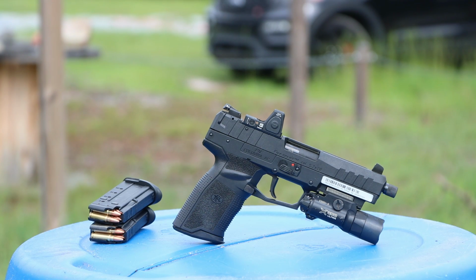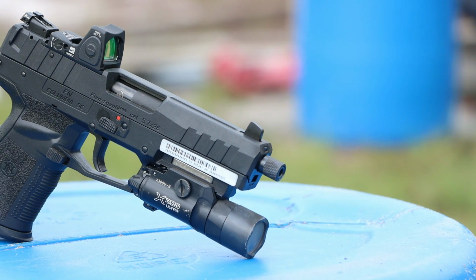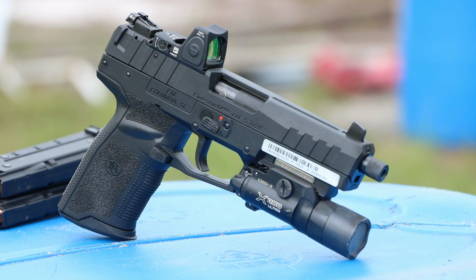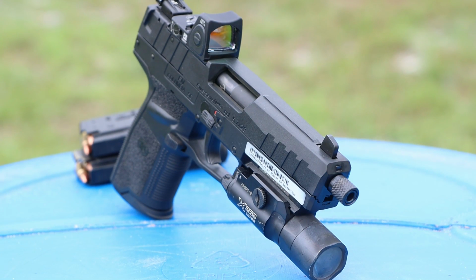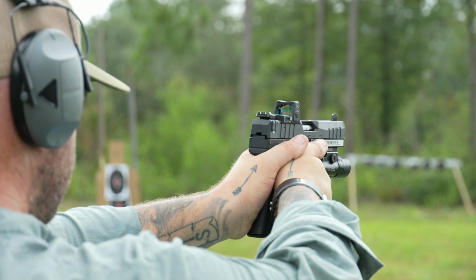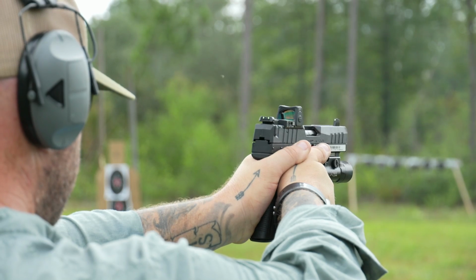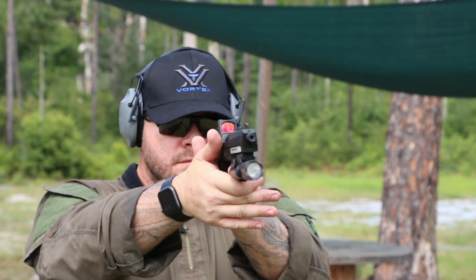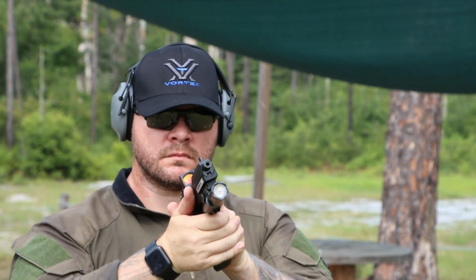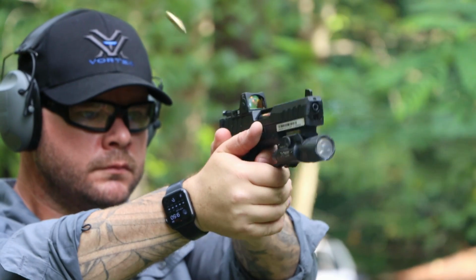One of the things about the 5.7, at least in regards to the handgun, is that there are some other firearms capable of shooting it, but the FN 5.7 MRD is a larger gun. You're looking at a barrel length of 4.8 inches, which gives you an overall length of just over 8 inches. So it's a larger gun, but it's not necessarily significantly larger than a lot of guns a lot of people carry anyway. If you were thinking, well, I already carry a 4.5 inch or a 5 inch or a full-size 17 or 2011 or something like that, this gun would fit right in there nicely if it was something you wanted to carry,